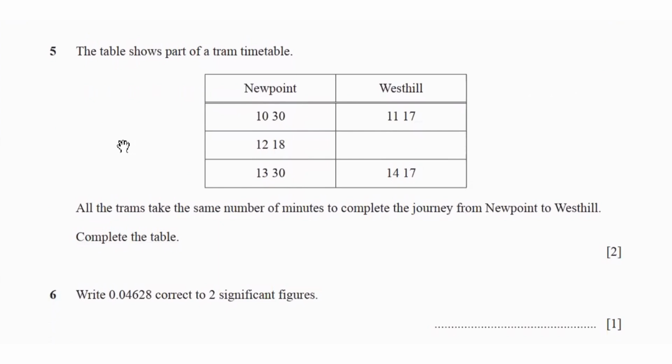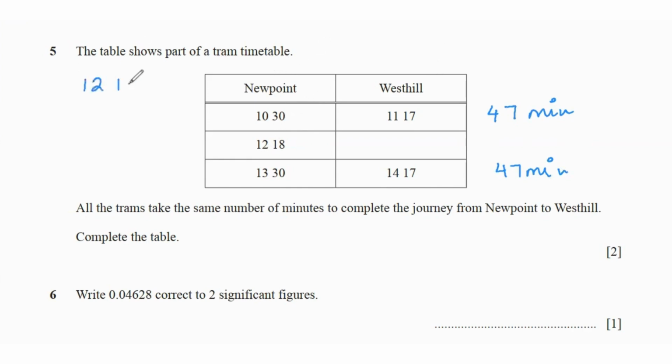Question 5 says the table shows part of a tram timetable. All the trams take the same number of minutes to complete the journey from New Point to West Hill. Complete the table. So if they're taking the same amount of time to travel from one point to the other, we can see that from 10:30 to 11:17, it's taking 47 minutes. Similarly, from 13:30 to 14:17, it's again 47 minutes,